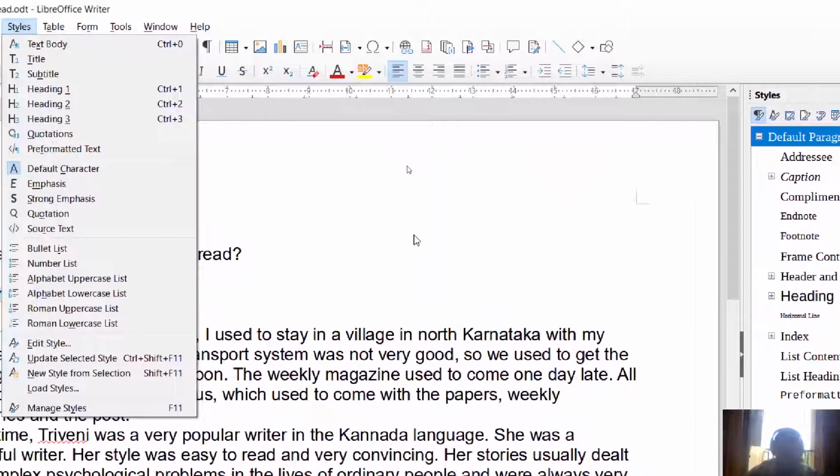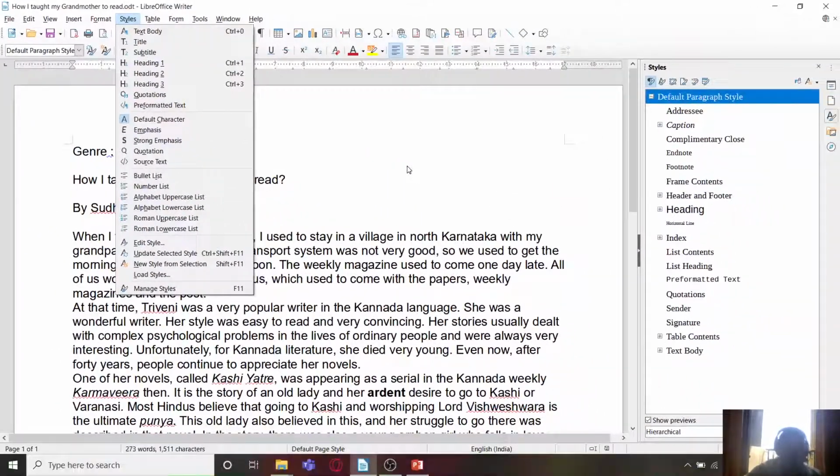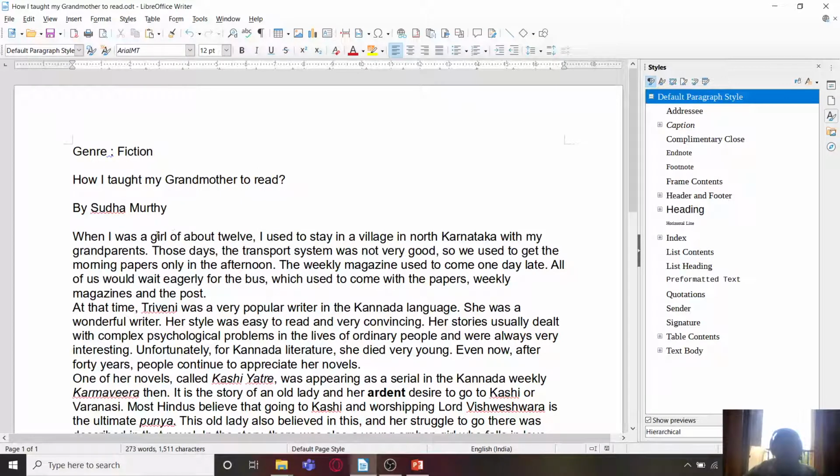Now in this we are first going to apply a simple style on the paragraph over here. Let us apply a heading style first. So I'm going to select this heading, that is genre. Because paragraph styles are applied on entire paragraphs, we don't need to select the entire text. We can simply place our cursor here and just look for a proper heading style.